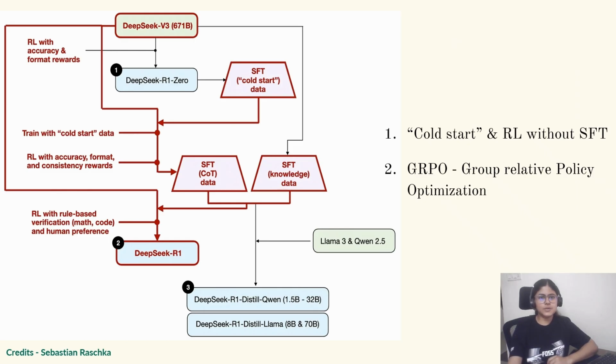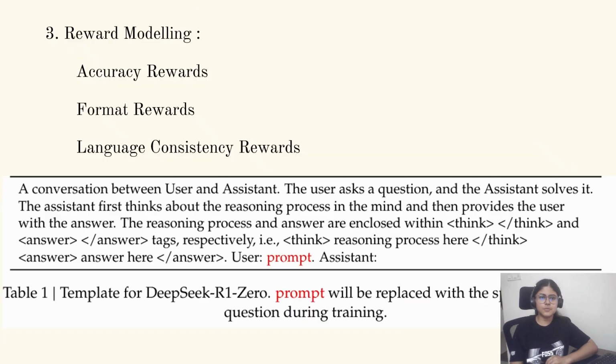So here is the process of how DeepSeek R1 was actually trained. The very first thing that was done is they took the DeepSeek V3 base model, the 671 billion parameter model which they had released prior to R1, and they did prompting on top of it. It's interesting how they only used prompting, reinforcement learning and reward modeling to get something out of it. This was not attempted earlier, because earlier only certain kinds of reasoning steps were given to the model, and then it used to learn from them. But this time they did not use any data set. They used a very simple prompting technique.